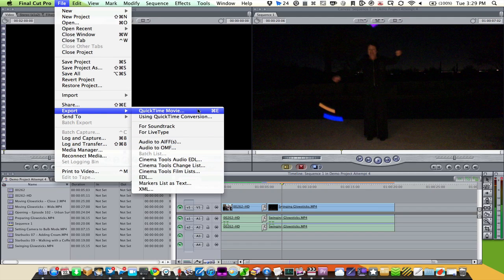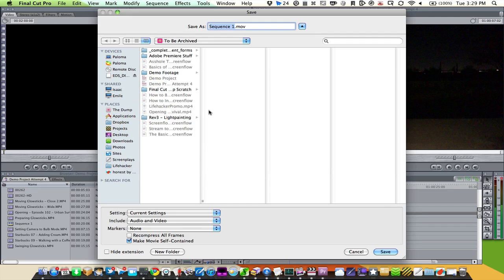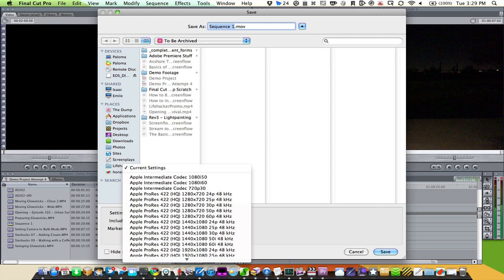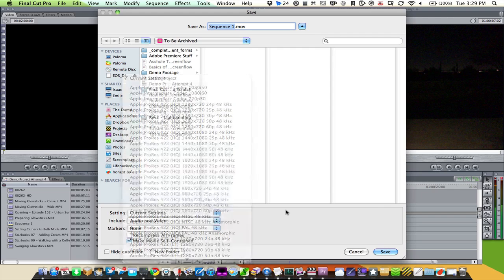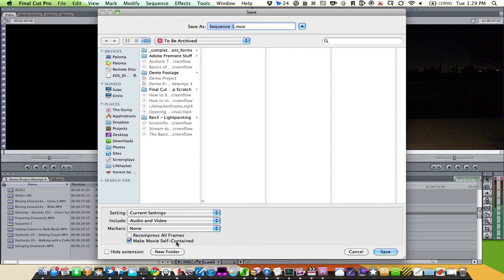We're going to look at two things. First is QuickTime Movie. This will export it into the format that you already have. And there are two things you want to know here. First, you want to use the current settings. Alternatively, you can choose any of the other settings to export it in that format, in which case you're going